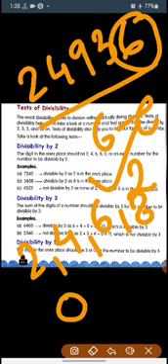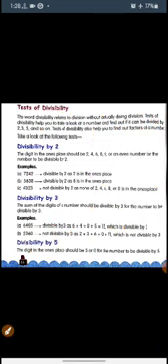Okay, so here some of the examples are 7242. Let's see whether this number is divisible by 2 or not. On the ones place of this number is 2. It is an even number, so it is divisible by 2. In the second number, 5638, 8 is on the ones place, so it is an even number. Because of this, the number 5638 is divisible by 2.